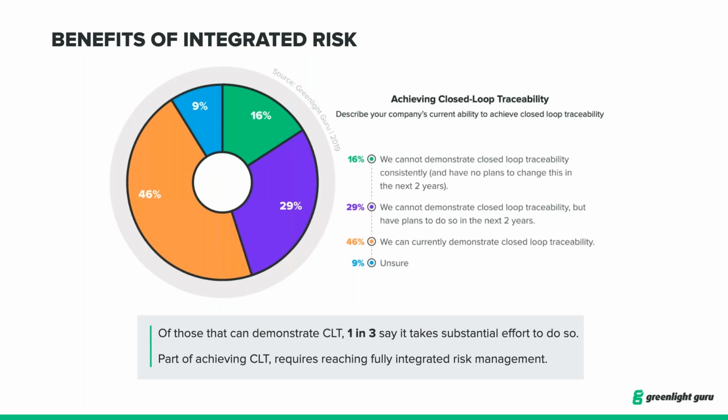A lot of companies, I was really encouraged, frankly, by this, that about 46% of the respondents said that they can actually demonstrate closed loop traceability, which is awesome, really. And I think we certainly have room to improve. I hope the next time that Greenlight conducts this survey that we see that this is maybe skewing towards 75, 80%. So I encourage you all to help make that a reality, because it's really important